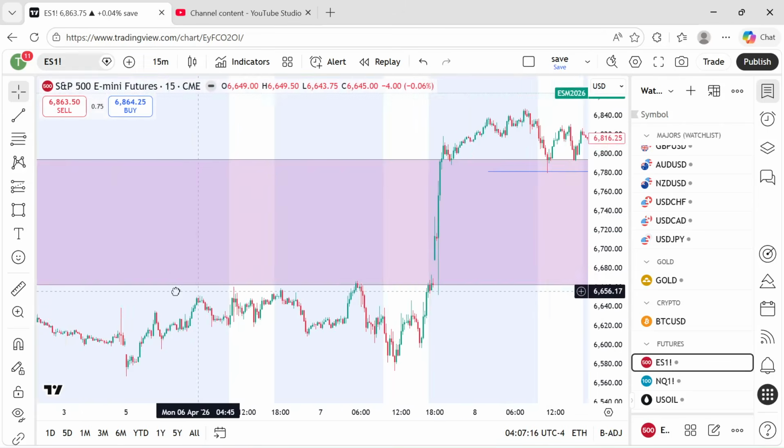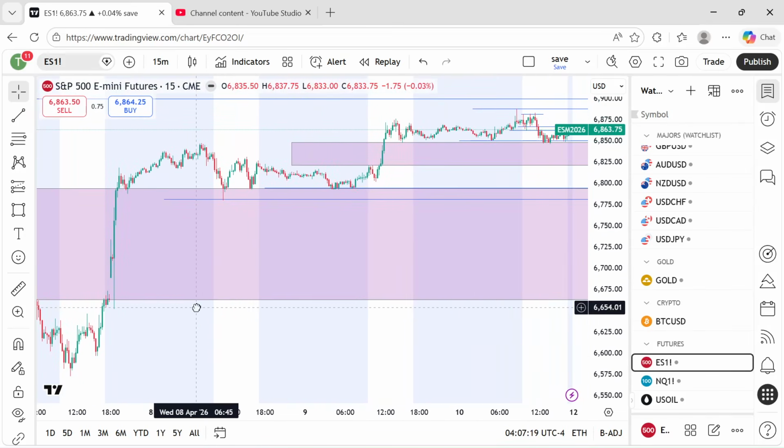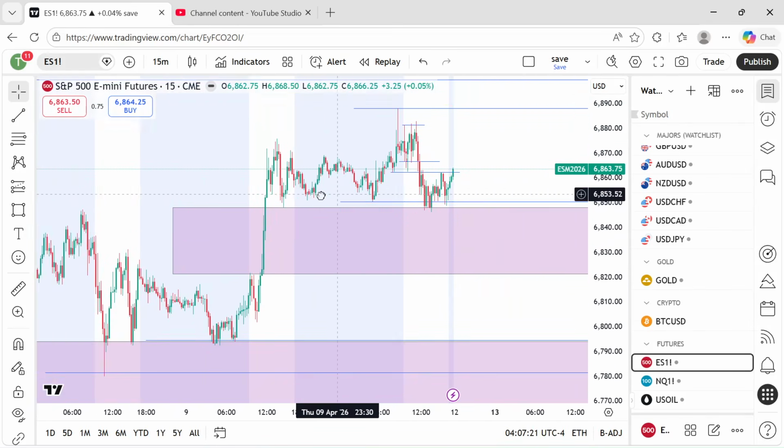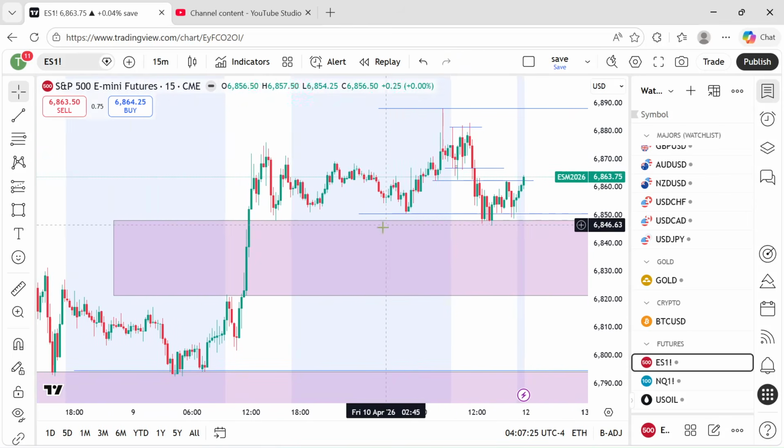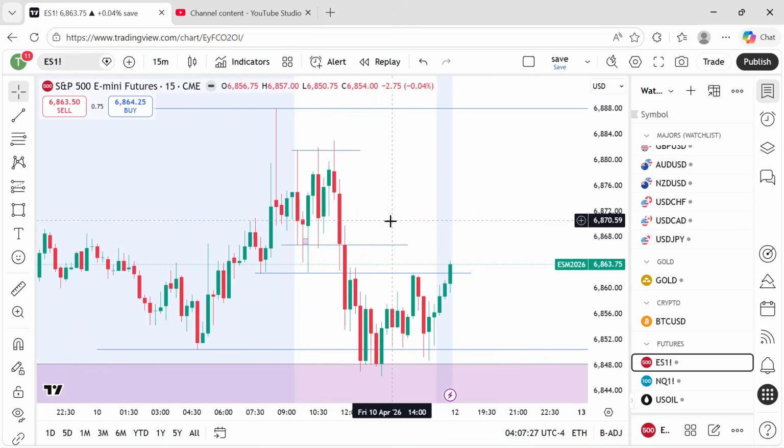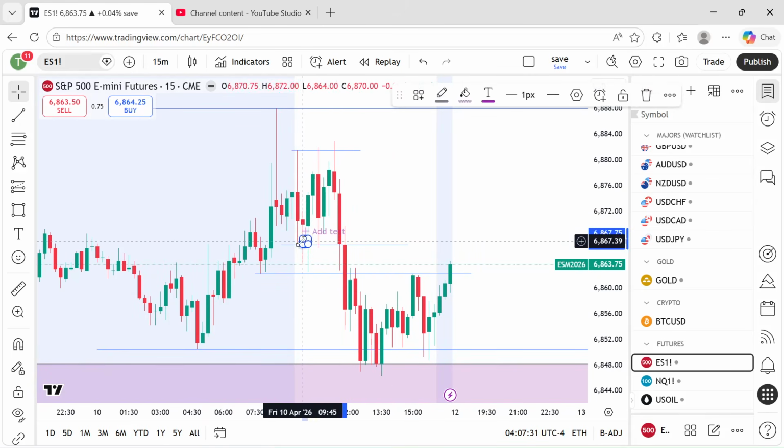So a 15-minute failed two. And this one actually did come down a little bit more, but that's fine. You don't got to be perfect on the entry. I've said it a million times, folks. You don't got to be perfect. You need to be in the ballpark, and you just need to understand where price is ultimately drawn to. So you see what happens is